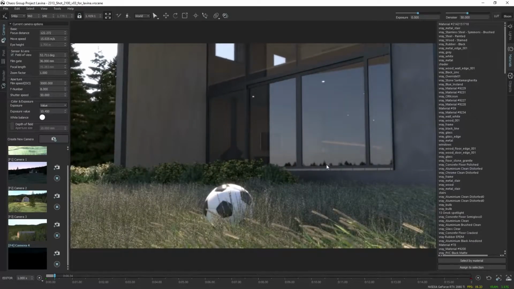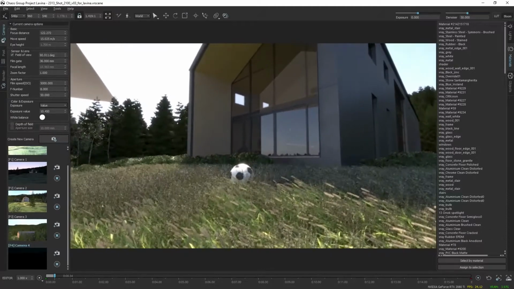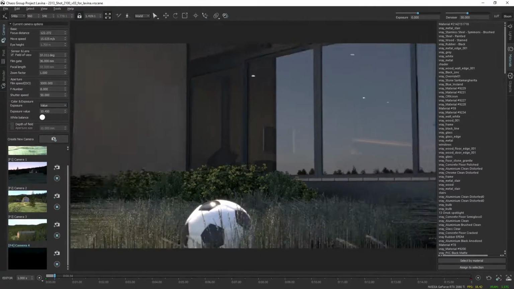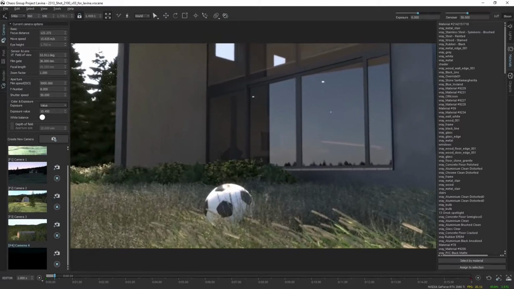By the way, when you're in 3ds Max, you have a hotkey. Holding the Alt and right mouse button will change the field of view, which makes it easier to navigate and transition between exterior and interior shots. Much nicer. But for this option here, I'm just going to go for a depth of field